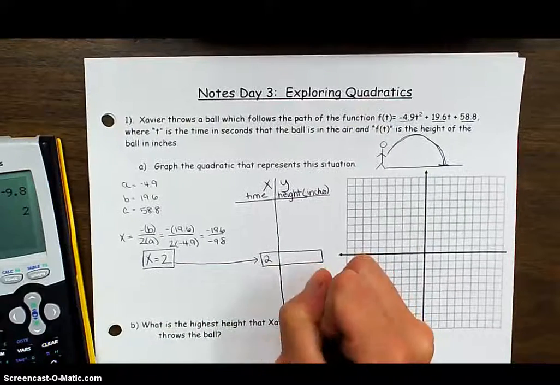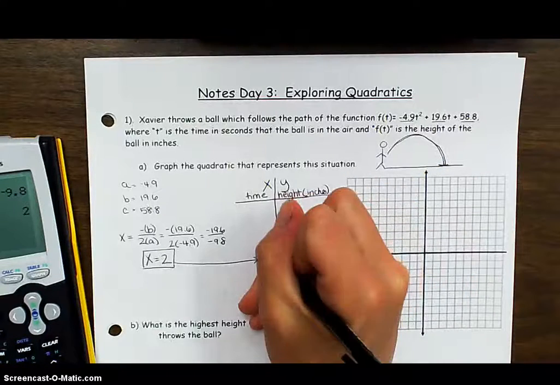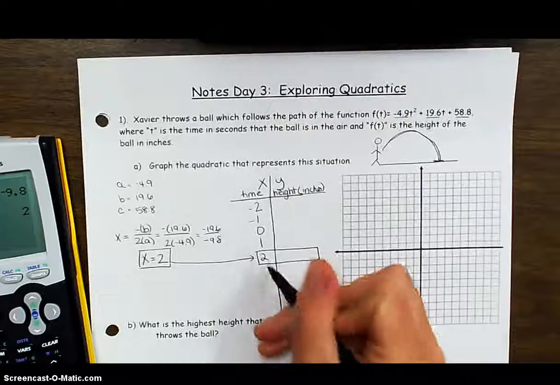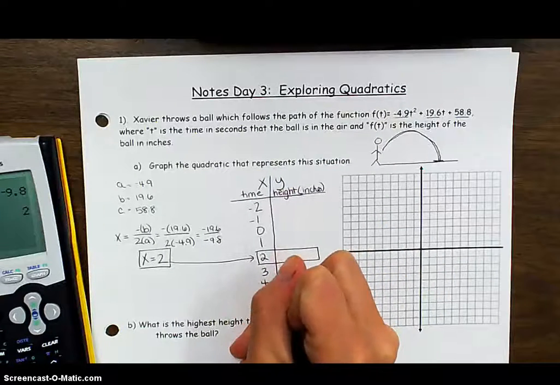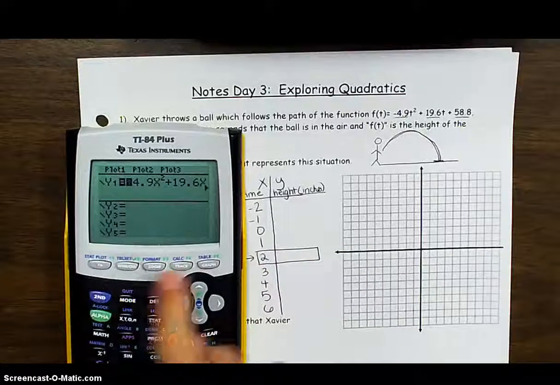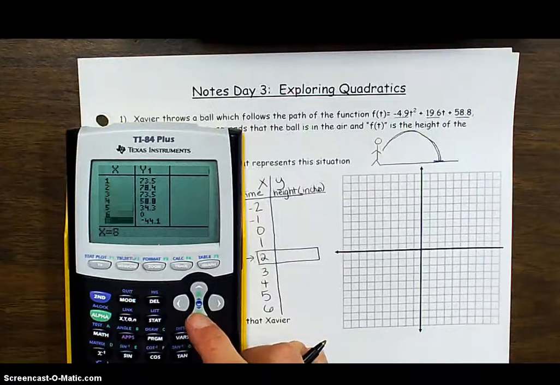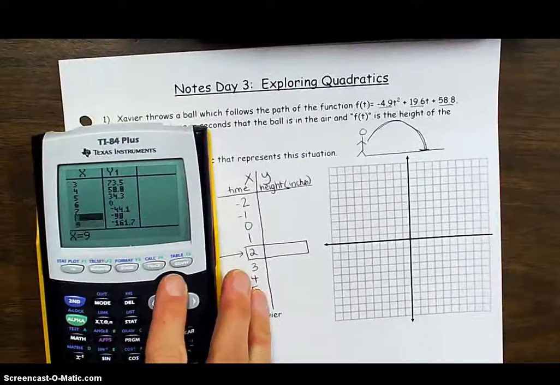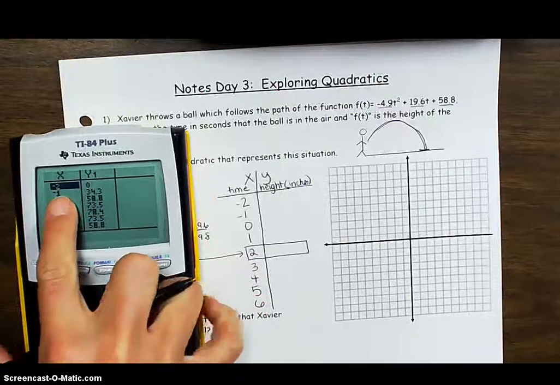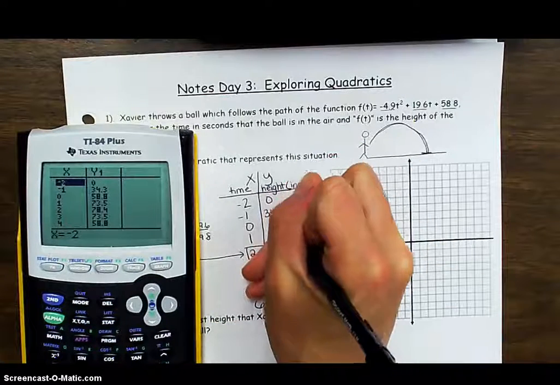What we want to do now is pick 4 values below and 4 values above. So I'm going to go negative 2, negative 1, 0, 1, and 2, and then 3, 4, 5, and 6. Now I'm going to plug it in, and then I'm going to go to my table of values. As you can see, we're getting decimals, and that's okay. This is a real-world example, which means we may have decimals. I want to start my table at negative 2. So at negative 2, I see we're at 0, and then 34.3,